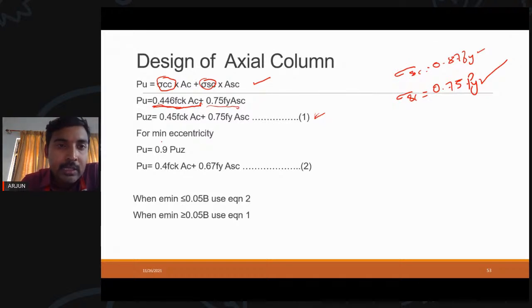In such cases, Pu is always considered as 90% of equation 1. So if you multiply 0.9 to the 0.45, you will get 0.4 FCK. And if you multiply 0.9 to the 0.75, it will give 0.67 FY. Okay, so this is the equation in case you consider